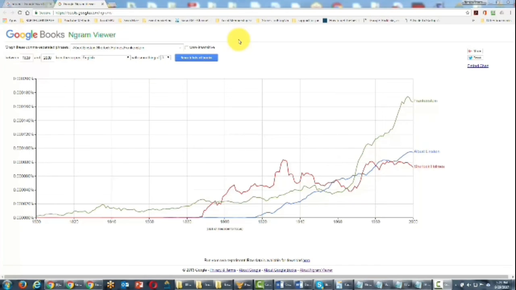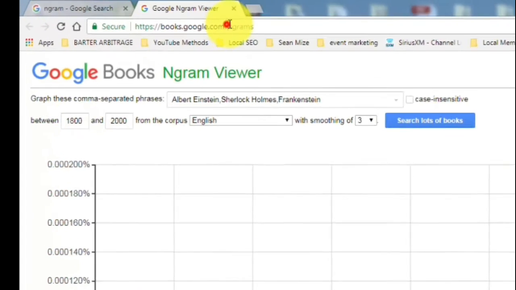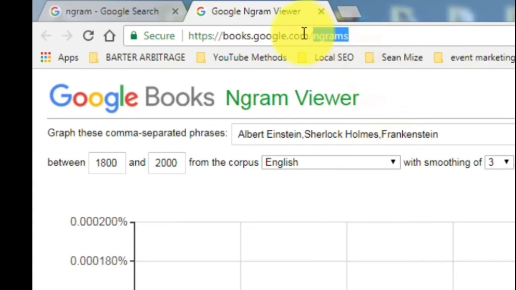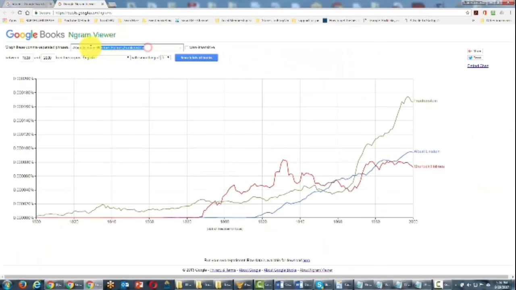Welcome back. You are now looking at Google Books Ngram Viewer. You can visit this site by going to books.google.com/ngrams. It's spelled a little weird. You'll have to type in the letter N, then Grams. And basically what Ngram Viewer does is it calculates the popularity of a term within books from the years